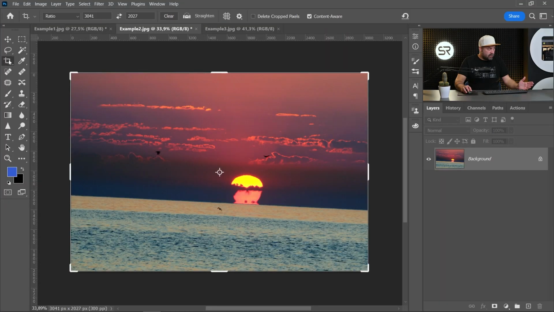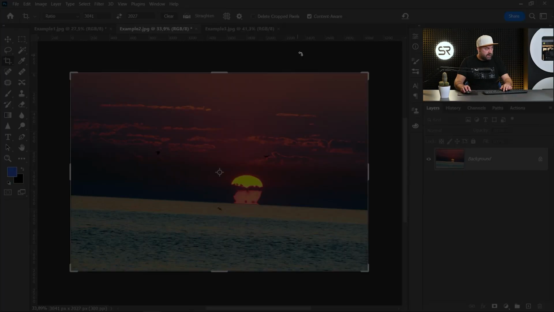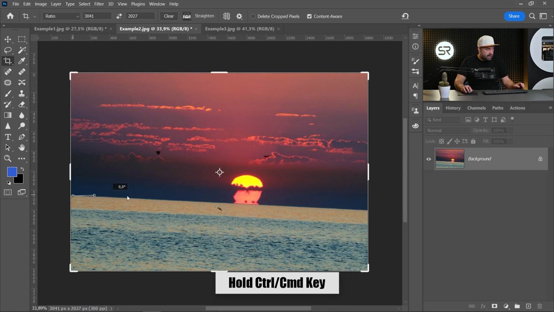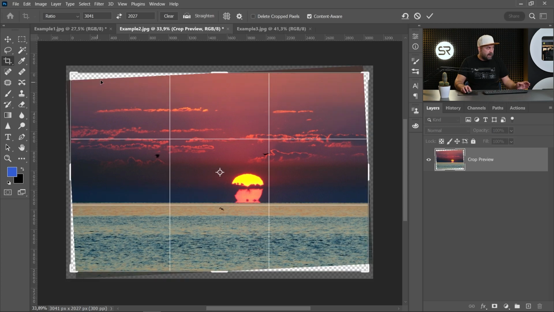Okay, go to the crop tool, and it's very important that delete cropped pixels is unchecked and content aware is checked. Now you can click on the straighten button or just hold the Ctrl or Command key and make the straight line. Okay, as we see, there is a lot of space without any color information, but content aware will fill it. Click enter